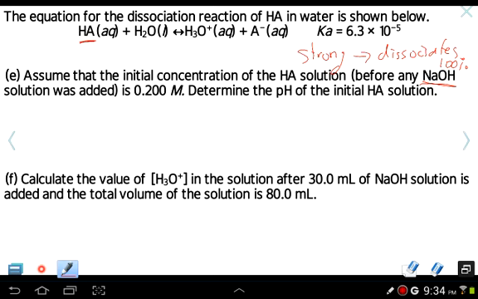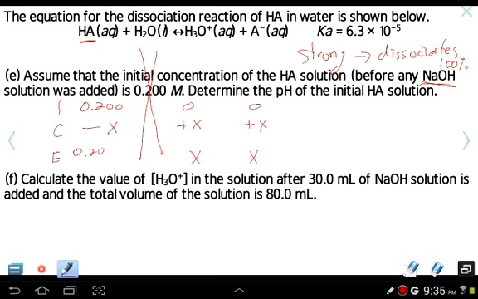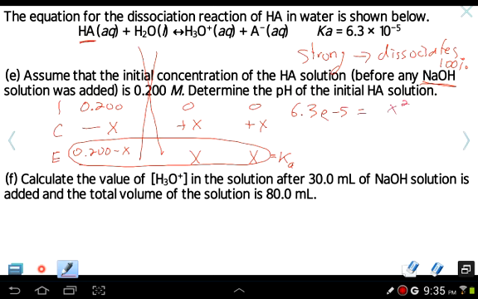That's why we have to use an ICE box, because we have to look at it through the eyes of equilibrium. So setting up the ICE box, let's go ahead and do it here. It's simple enough. So we begin with 0.200 of our HA. Remember, we don't really care about water. It won't go into the equilibrium expression. And we assume these to be zeros. And as we get to equilibrium, we lose on the reactants, we gain on the product side. So you have X, and this is 0.200 minus X. So now our Ka will equal products over reactants. This here equals Ka, which means Ka, which is 6.3 times 10 to the negative fifth, equals X squared over